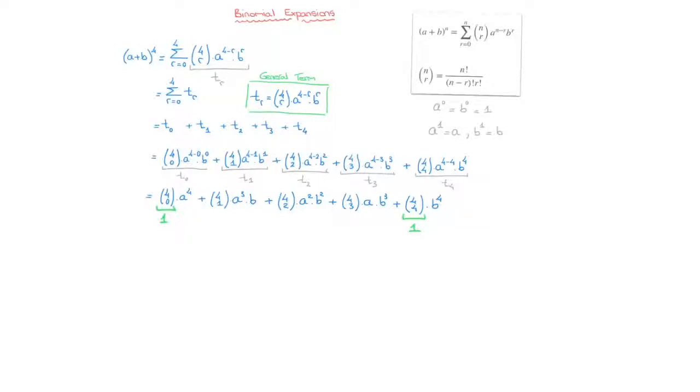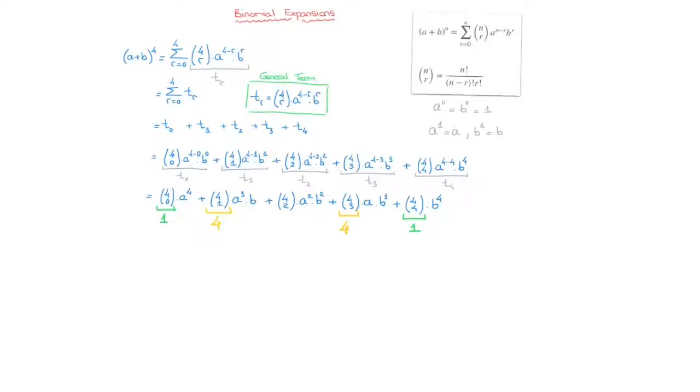We also saw in our previous tutorial that the second coefficient as we go from left to right equals the second coefficient as we go from right to left, and they are both always equal to the power to which we raised the binomial. So in this case, that's 4. So again, without thinking, we can go right ahead and state that the binomial coefficient 4, 1 equals 4, as well as the binomial coefficient 4, 3. And so we quickly see that the only binomial coefficient we really have to calculate is this middle one right here, 4, 2.